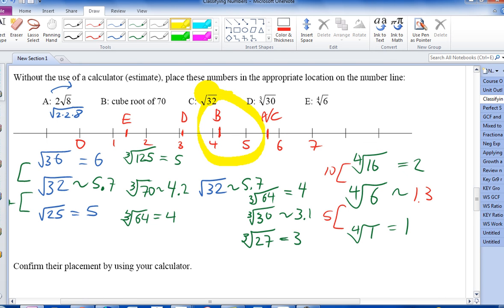Any questions about number lines? It does matter, folks. If it's in the middle and it's not 3.5, I'm marking it wrong. Okay? Good. So now we've covered everything. Some of your homework